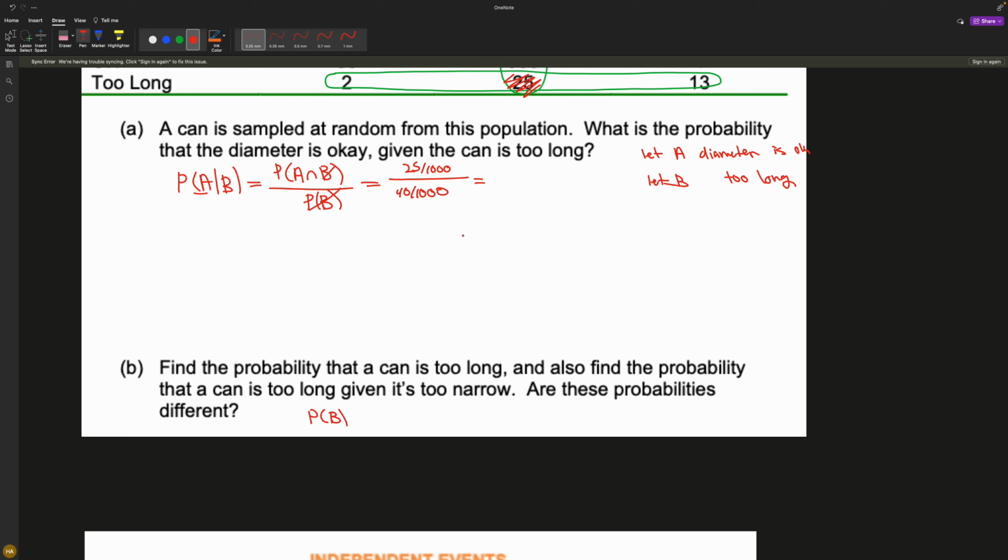I'm not going to go through that. But what you'll find is, let's say S is too narrow, so actually we want B given S. You'll find that both of these will be the same. I believe it's like 0.4. Since they're the same,